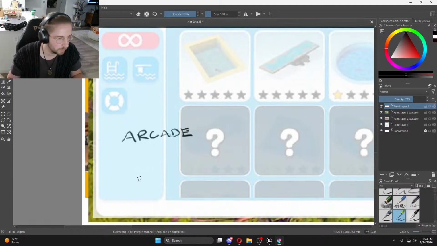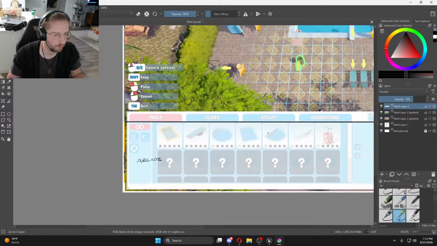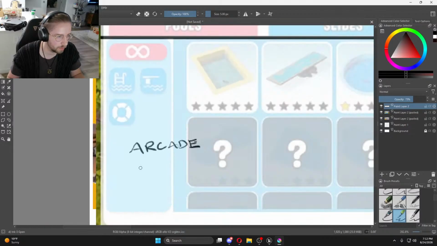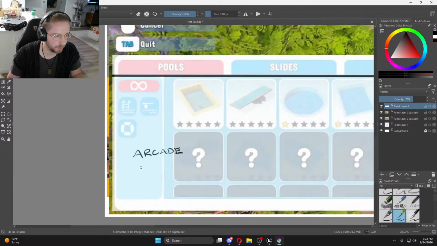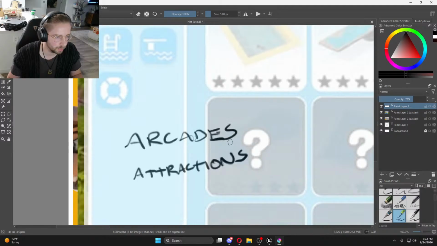We want, what would I categorize like food and drink and stuff like that as? I'm guessing they're under utility here. But, so we want arcade. We want attractions. Arcades, attractions,